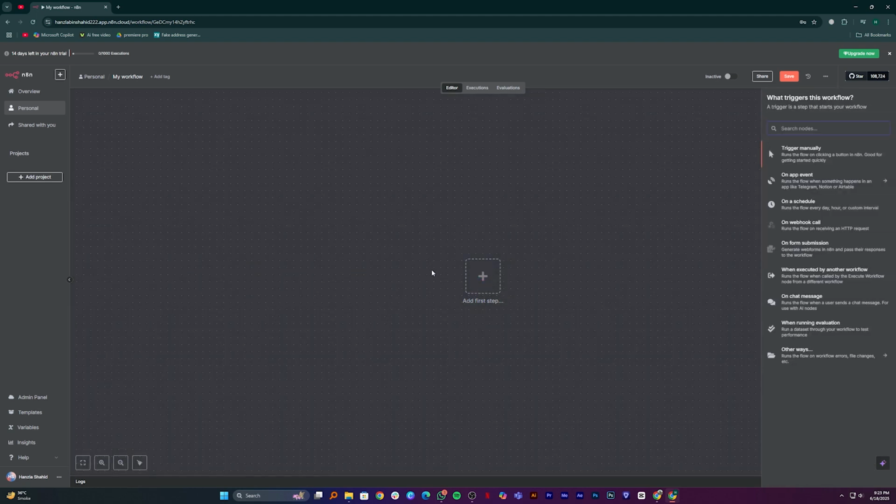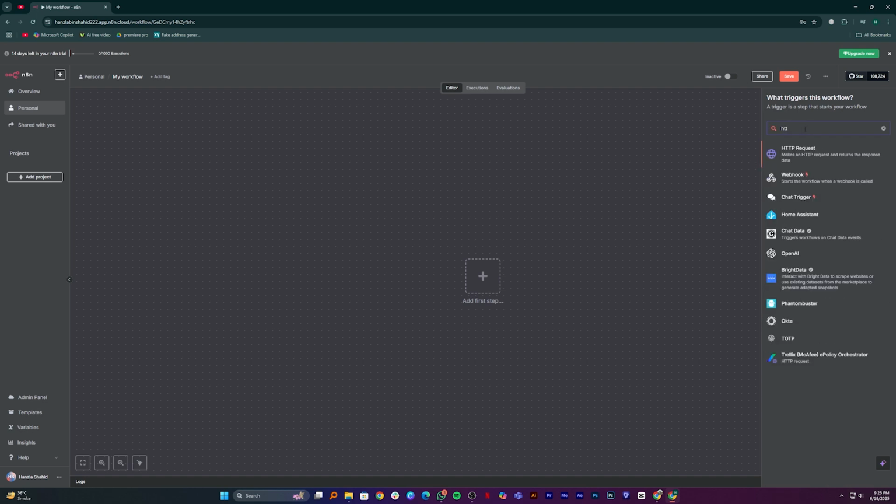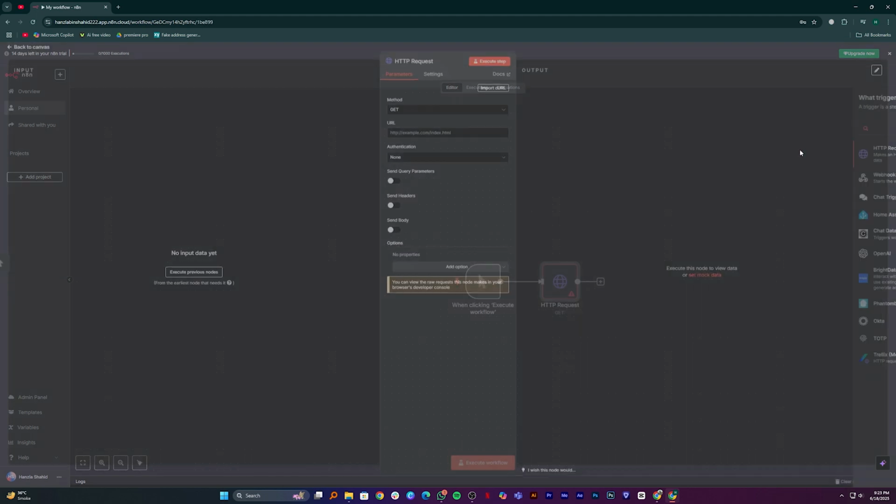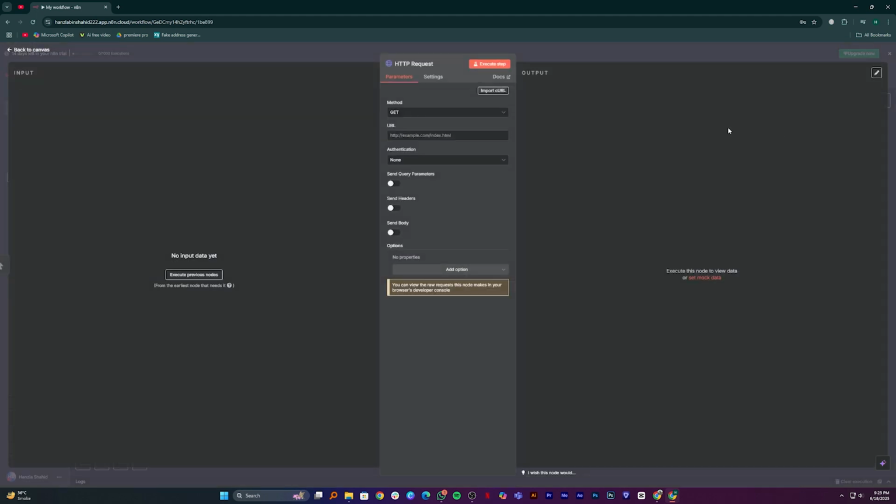First, go to the N8N website and log in. Then, click on the Add First Step button. Now, search for HTTP and click on HTTP request from the list. Here, select the HTTP method you want to use such as GET, POST, DELETE, or HEAD depending on your goal